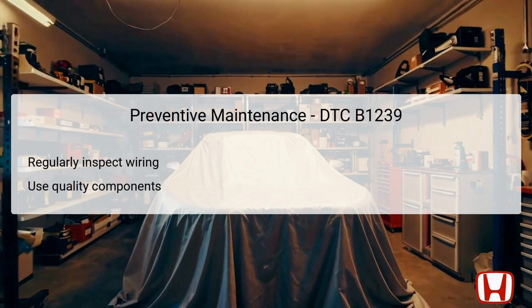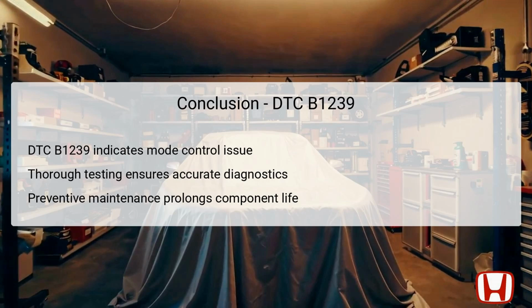Further, maintaining the climate control system by servicing the air filters and ensuring the system is free of obstructions can enhance performance and reduce strain on electrical components. Developing a routine maintenance schedule will aid in detecting potential issues early, promoting the long-term health of the vehicle's climate control functionalities. In summary, DTC B1239 signifies a malfunction within the mode control motor circuit of the Honda Odyssey from